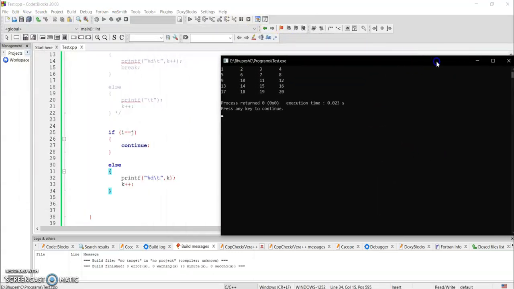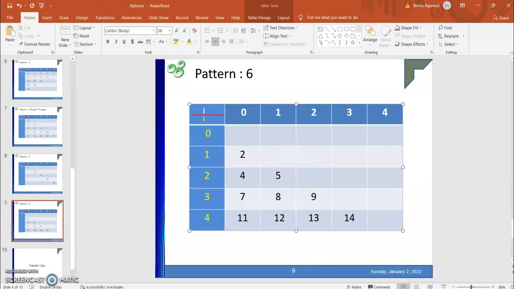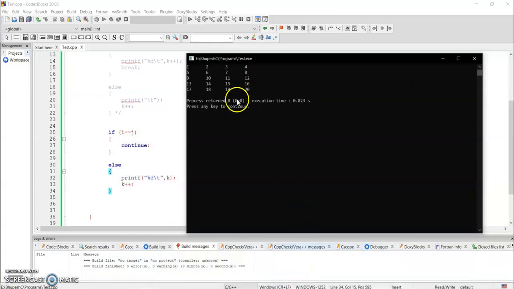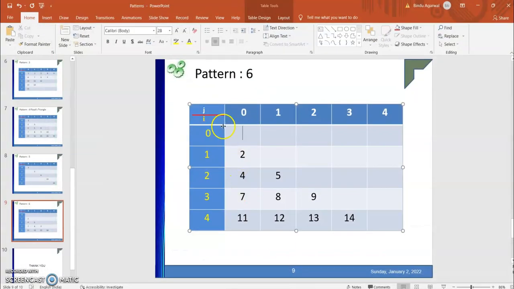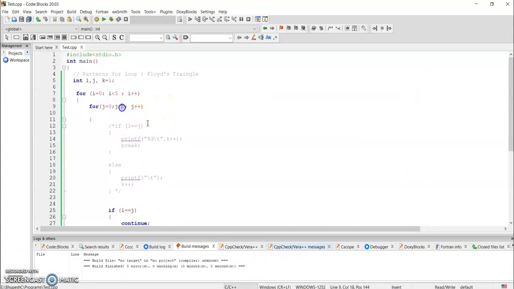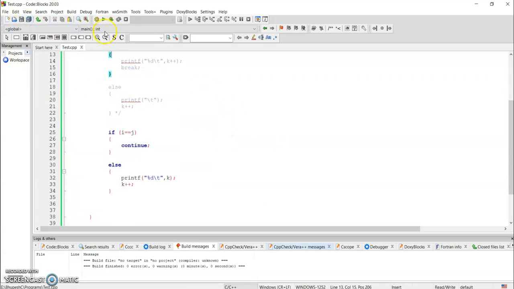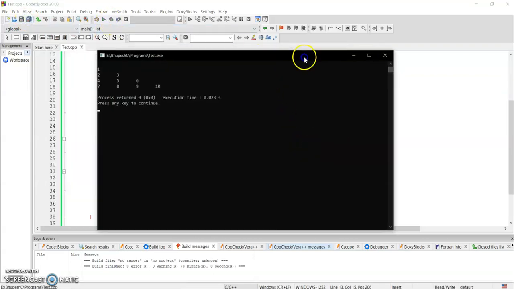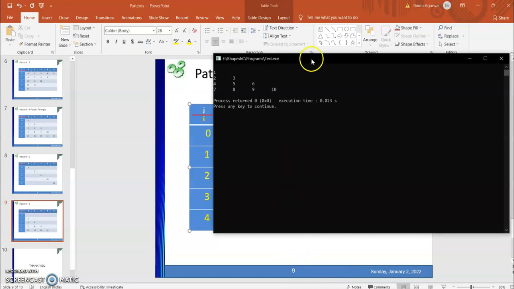What is happening? I wanted the value to come like this, and my value is coming up like this. So my logic is in this pattern. It is equal to i. Okay, fine, now it will go. Yes, I got it. Why is one there? It should be